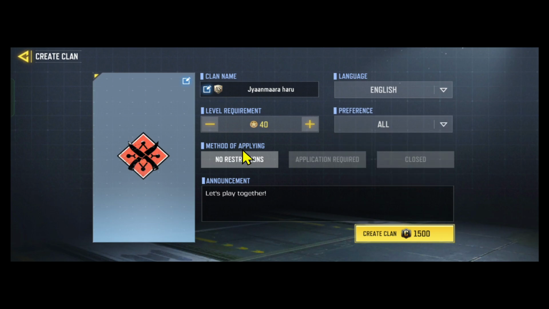And within the method of applying, if you choose no restrictions, then anyone can directly join. If application required is selected, then you will need to accept each request. And if closed is selected, then no one will be able to join unless you specifically send an invite. Choose your desired option, and you may also add an announcement for anyone who wishes to join within the announcement